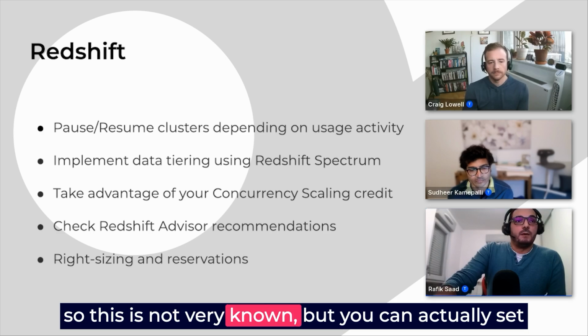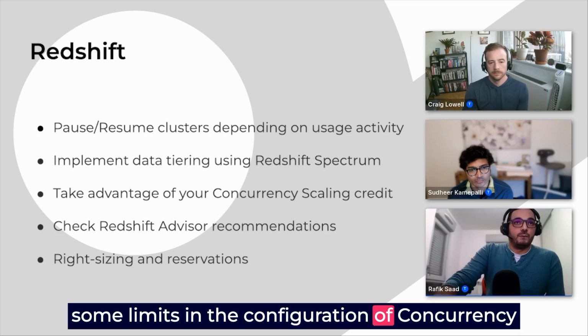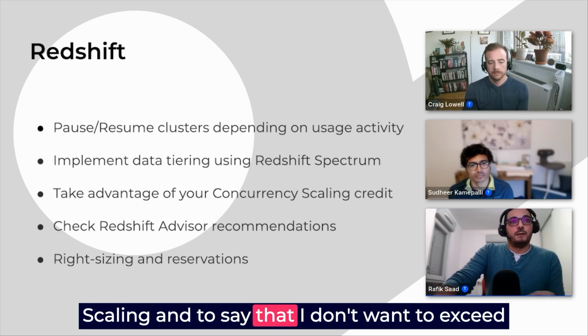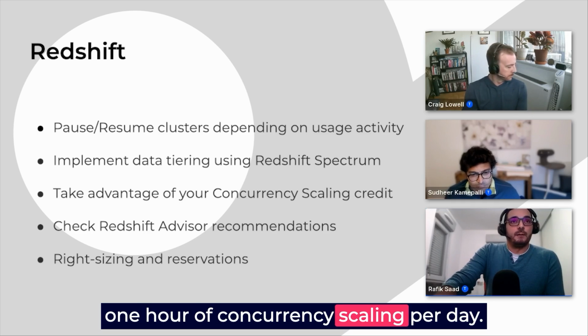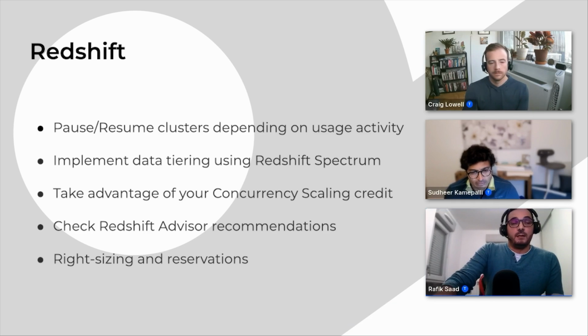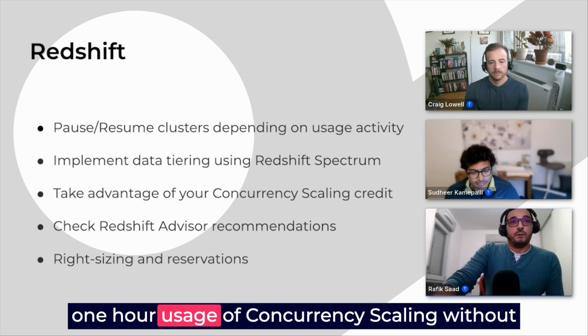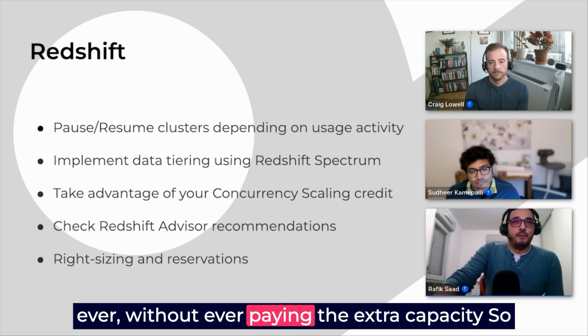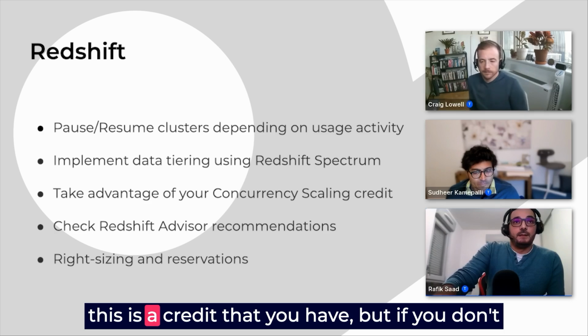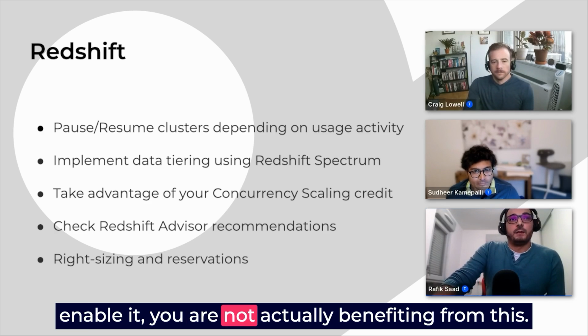So this is not very well known, but you can actually set some limits in the configuration of concurrency scaling, to say that I don't want to exceed 1 hour of concurrency scaling per day. And using that, you will actually be having this 1 hour usage of concurrency scaling without ever paying for the extra capacity. So this is a credit that you have, but if you don't enable it, you are not actually benefiting